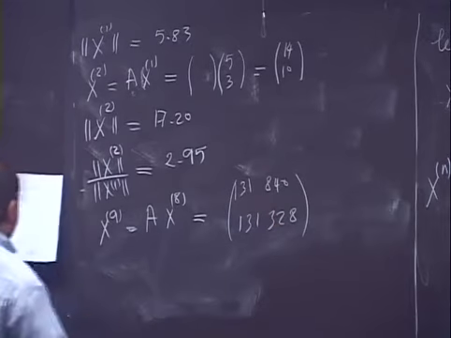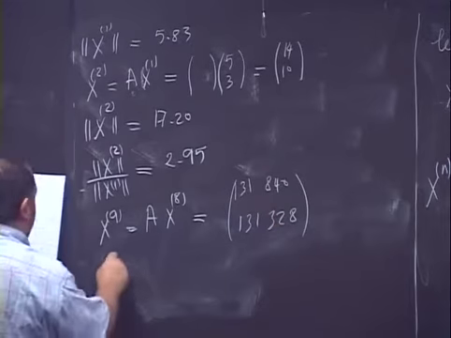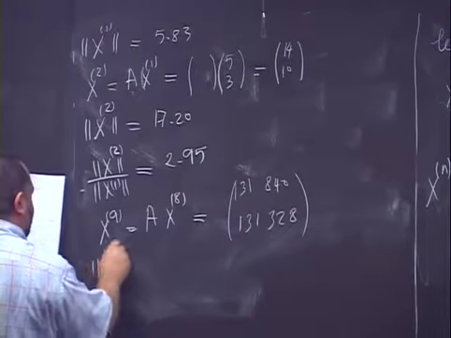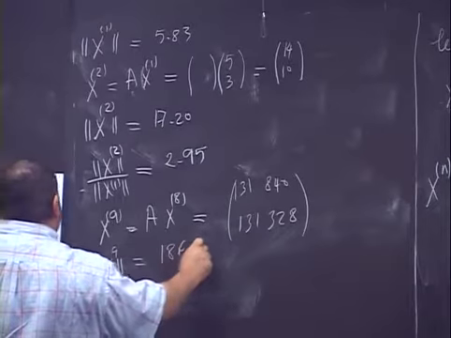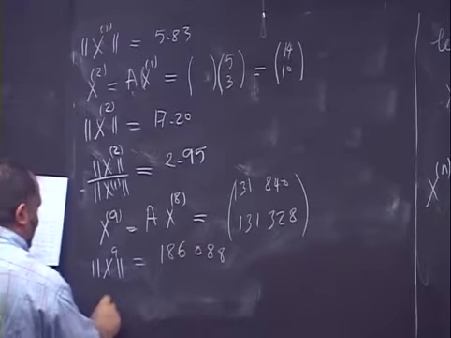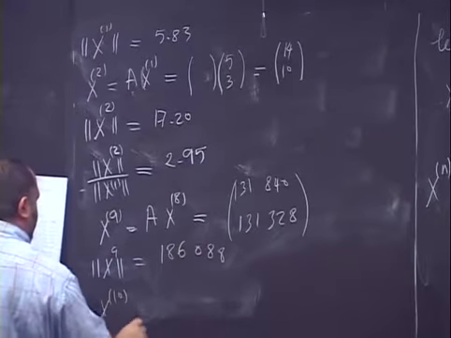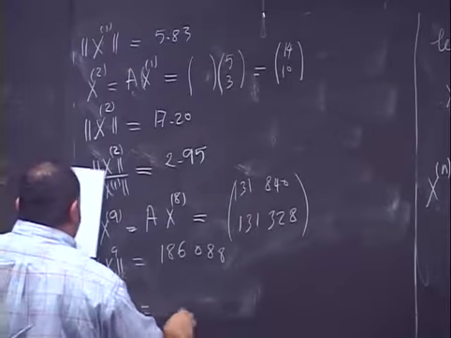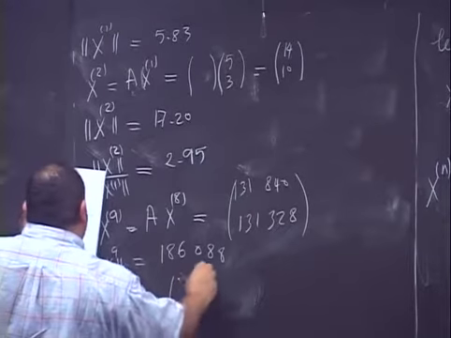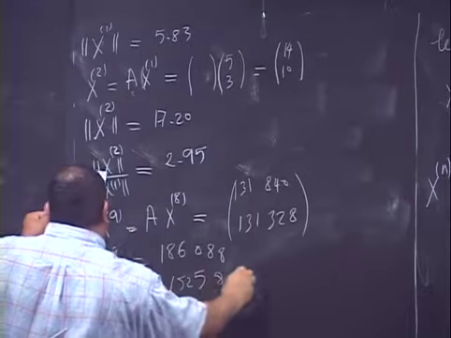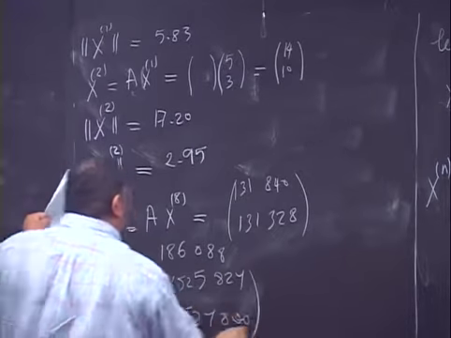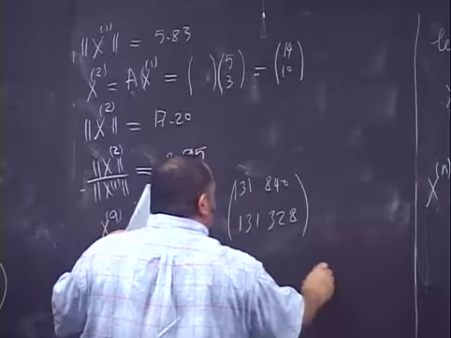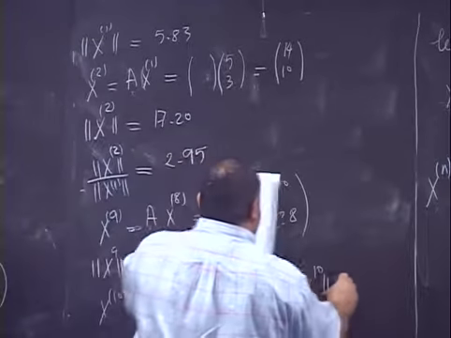And what's the modulus of x9? The modulus of x9 will be 186,088. If you calculate x10, you will get x10 equal to 525,824, and then 524,800, and then you will get the modulus of x10. This will give you